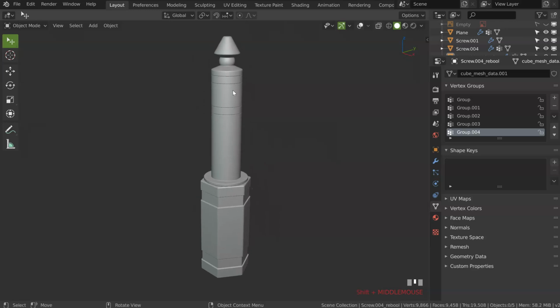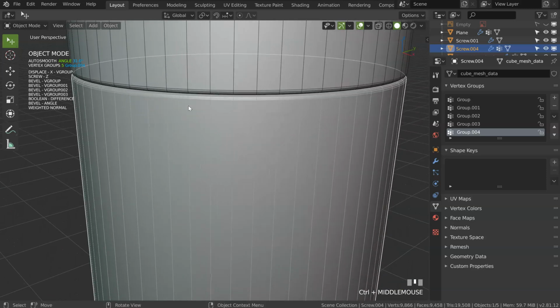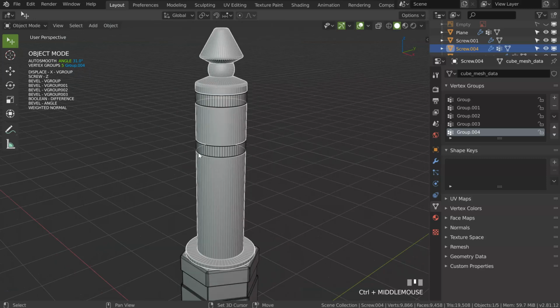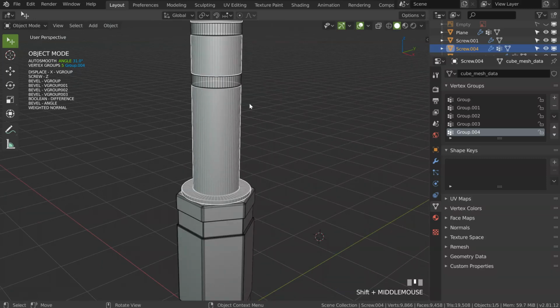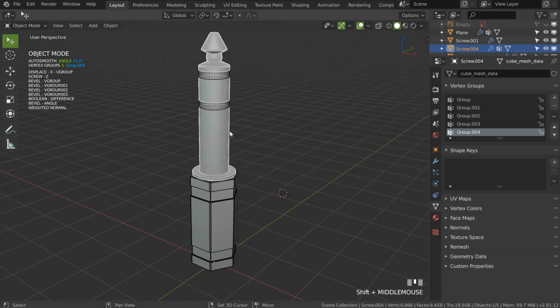Or, once you are okay with your asset and you don't want to edit it anymore, you will select a different part of your object, and you will apply all the modifiers you don't want anymore. If you want, let's see, to unwrap this one, you will apply everything except the last bevel. Maybe on the last bevel you will decrease the number of segments to have, let's see, only 2. After that you will add some loops, and you will unwrap it, etc. So there are different possibilities, like I said.